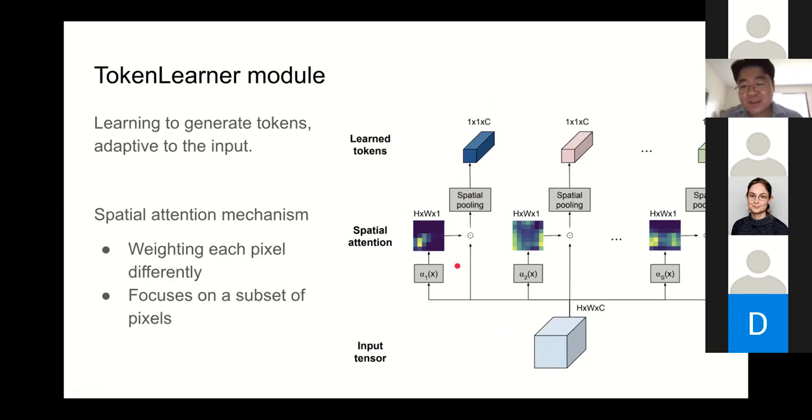So it is a simple learning of the alpha function here, which learns to weight images differently and then aggregates them using weighted summation. It's a simple concept, very straightforward, and we do this multiple times, getting multiple tokens, relying on different spatial subsets.